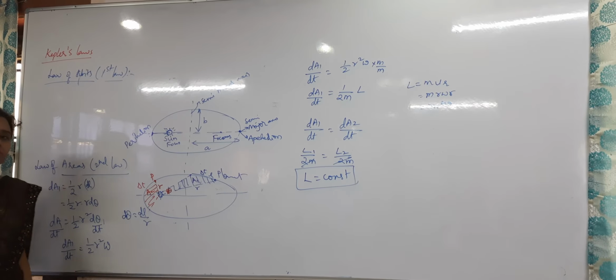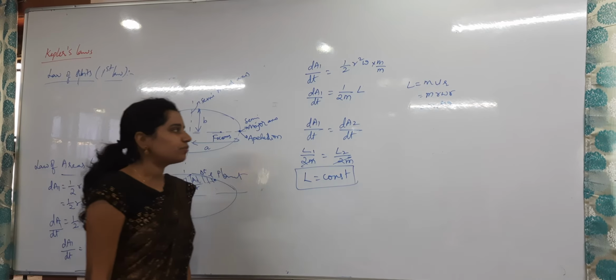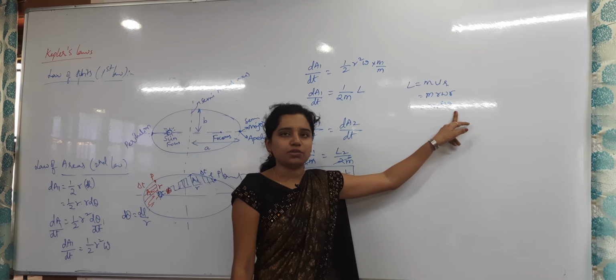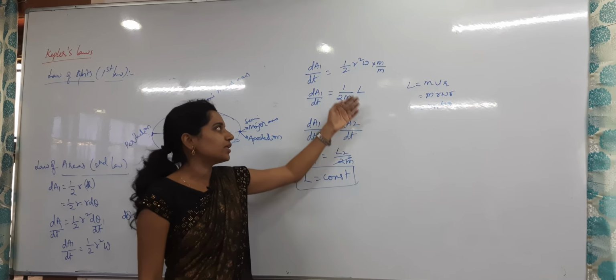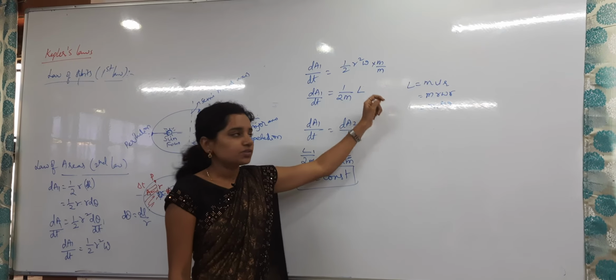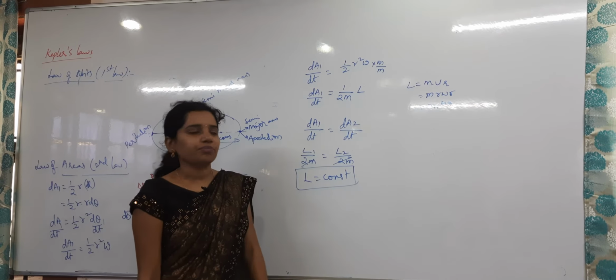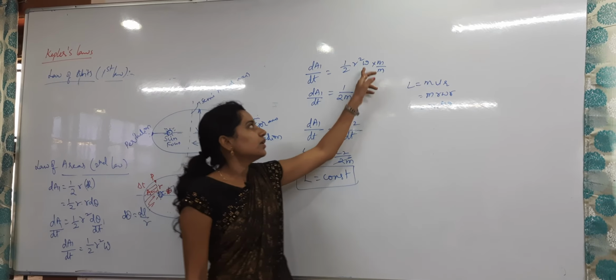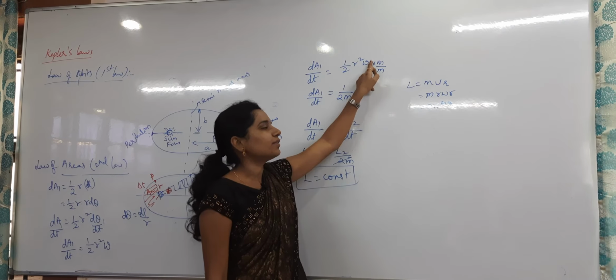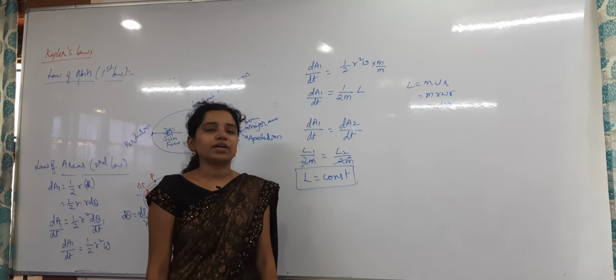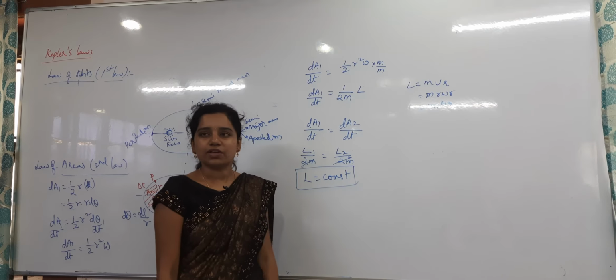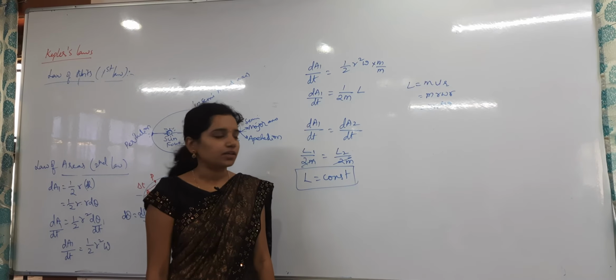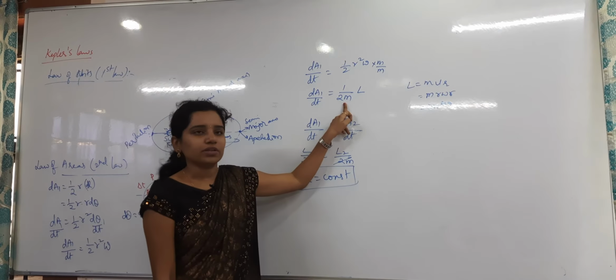Now for this I want to get the expression in terms of angular momentum. The angular momentum formula is what? mr²ω. I don't have m, so I multiply and then divide with m. So what will we get here? L/2m. If I multiply with omega again, and then m squared, then what will we get? L² by 2ωm² we will get. Anything we can take, so L/2m.